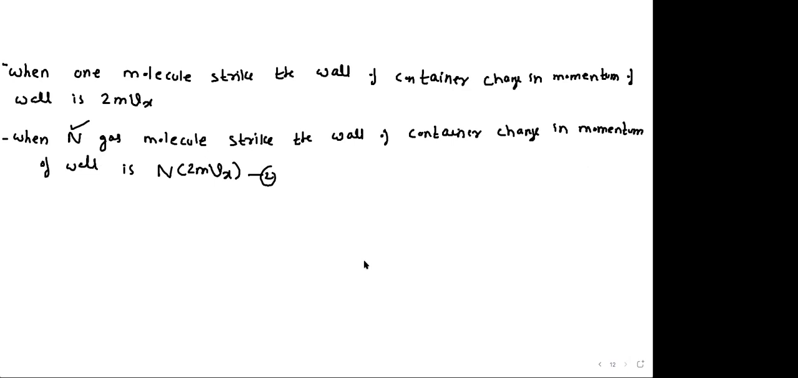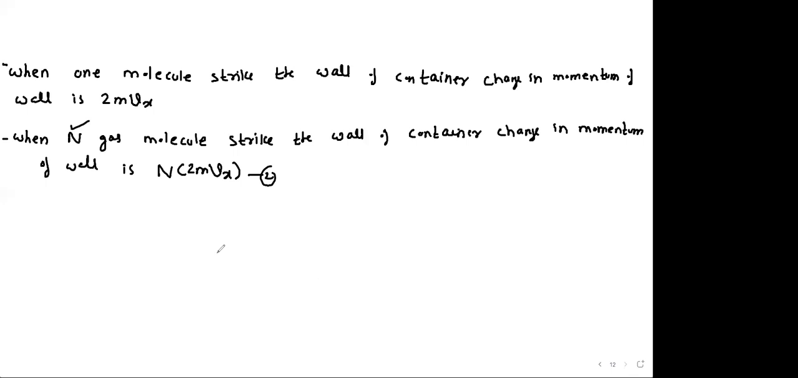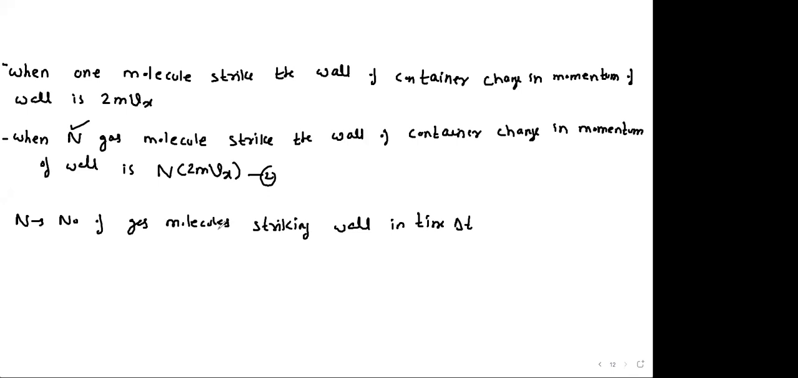But this capital N is not given. You're supposed to calculate this capital N in terms of small n, the area of the wall, and the time taken. So I'm defining capital N here. Capital N is the number of gas molecules. It's a very lengthy derivation. The number of gas molecules striking the wall in time delta t. So for this total number of molecules, what we can do is take the number of molecules